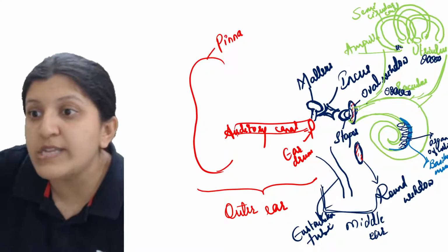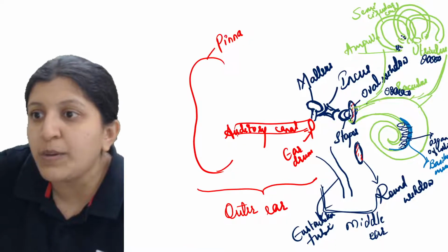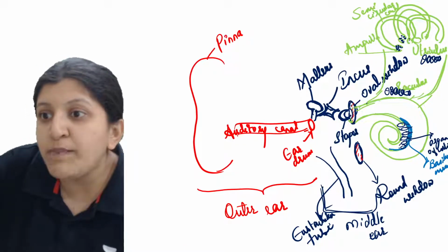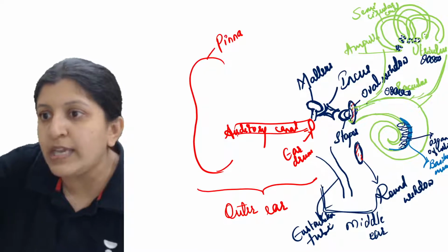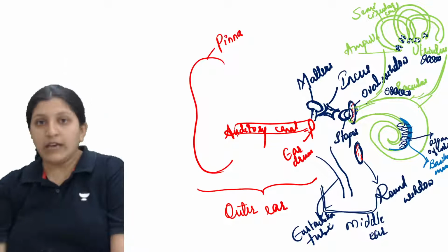So now you have studied that there is an outer ear part, and you know what parts come under the middle ear as well. So let's discuss the inner ear. So now under the inner ear,